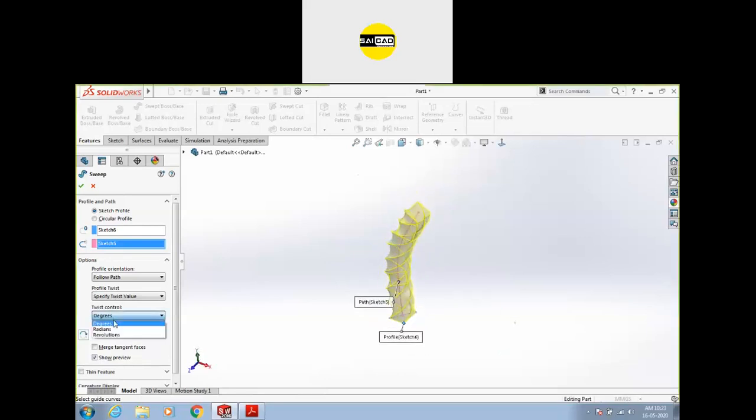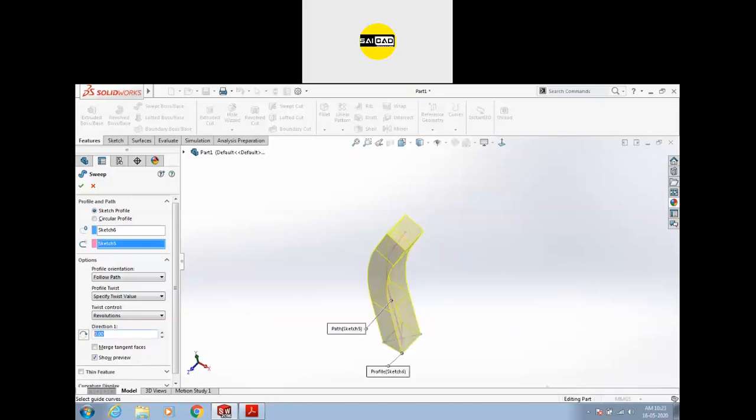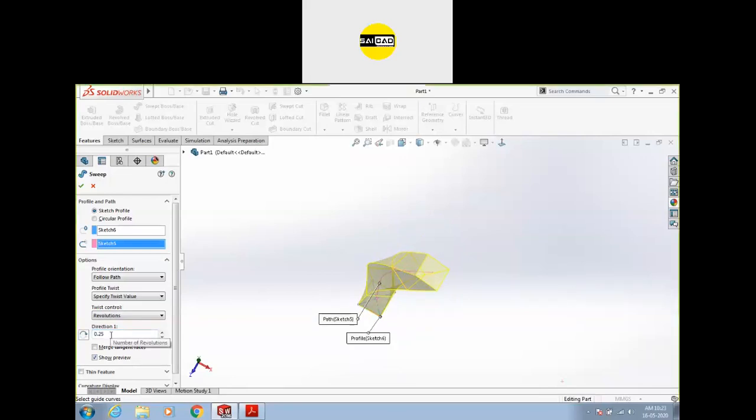Okay, or you can twist with the revolution. So you can specify the number of turns from here. Right now it's on 0. If I specify 0.25, so you can see that this point is gone to here. Okay, this point should be this, but now I have provided a twist with a revolution of 0.25, so this point is shifted to this point. If I select 0.5, then this point will be here, and if I select 1, this point will be twisted up to 1 rotation, like you can see here.